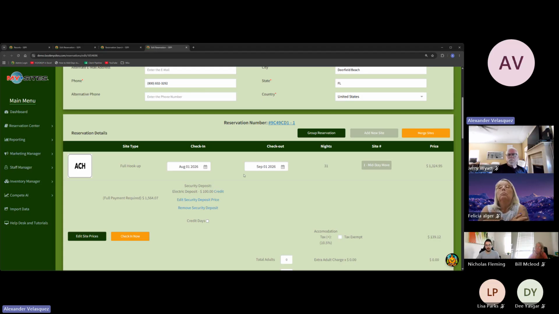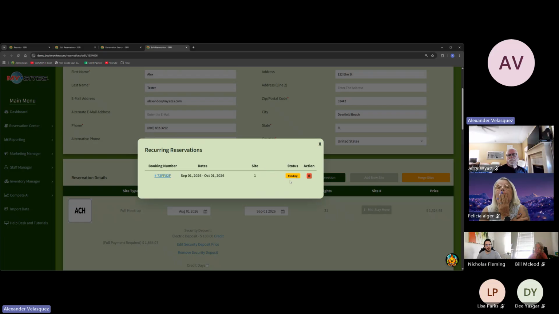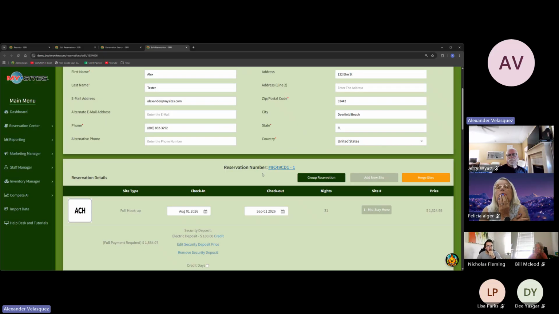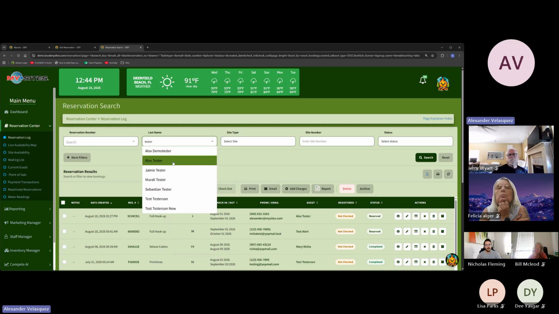Now, when it comes to recurrences, I'll leave you with this last tip because I like doing this, as it makes life easier for you to see what's going on with recurrences. Instead of having to drill into this first month and then click here, which is very convenient once you're in here, if you want to see what's going on with your recurrences from the outside before even drilling in, I go back to my reservation log and look for that name, in this case, Alex Tester. Reset here just in case. I type in the name of that person and hit the name,